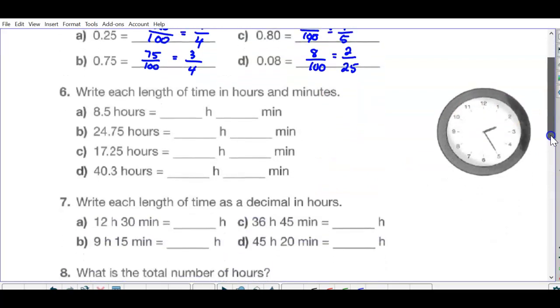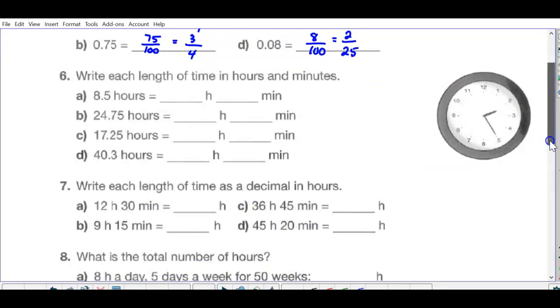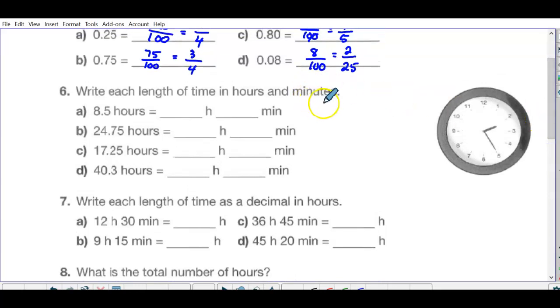Okay. Write each length of time in hours and minutes. So this is an important thing to remember. There are 60 minutes in an hour, and sometimes we forget that. So it's not 100 minutes. Some people will say 8.5 hours is 8 hours and 5 minutes. It's not, okay? It's 8 hours, for sure, the whole number,